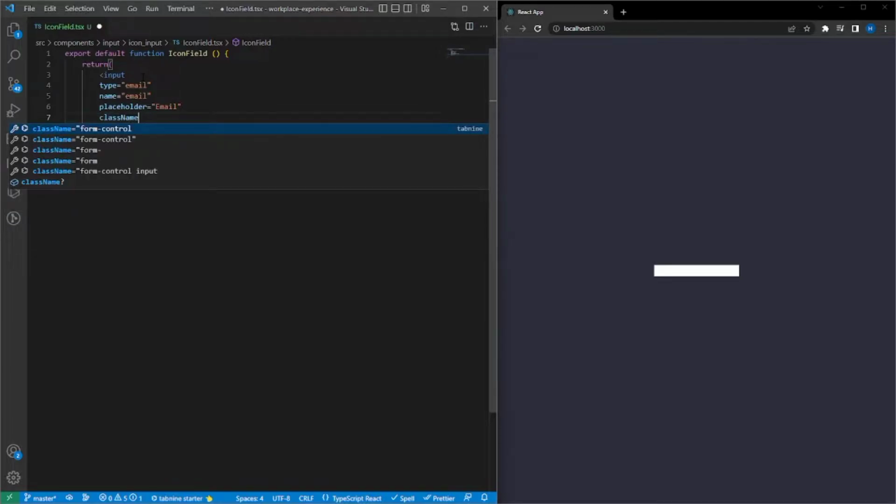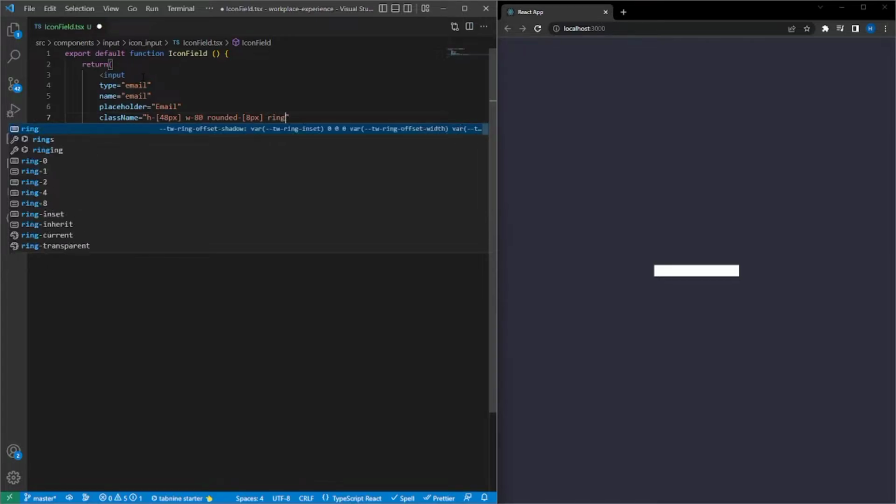Now we are going to add styles to it. We are using Tailwind CSS to style our text field. For that we are going to give it a height of 48 pixels, width of 80. We are going to make the border rounded by 8 pixels. This rounded 8 pixels is equal to the border radius in plain CSS. We are going to give it a ring of blue